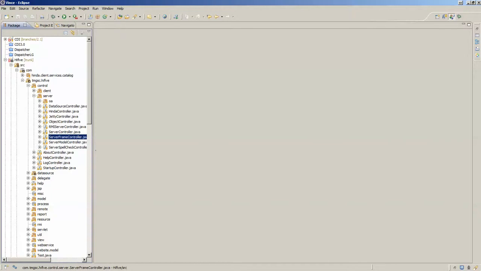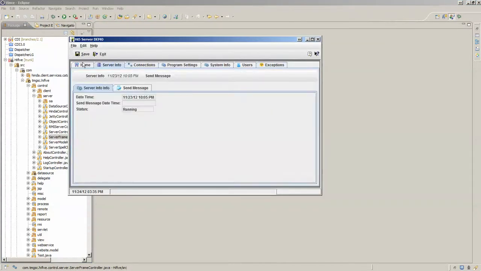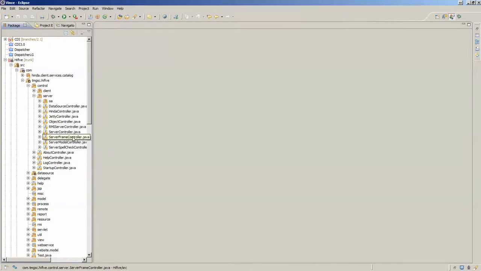And this is the frame here. So this frame, as far as the data and how everything gets set up, obviously a lot of that comes from the model combined into these components that are here, and then the server controller, the frame controller, its job is basically to set all that up, do the binding from the model to the view. And again, since the model does so much, the controller really doesn't have to do a whole lot more than just